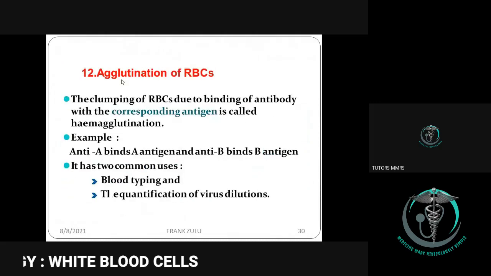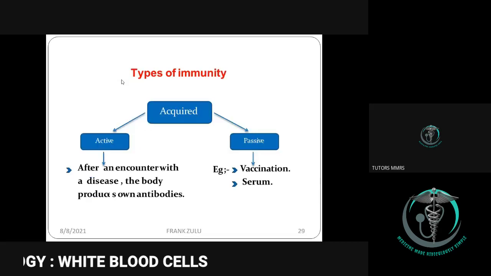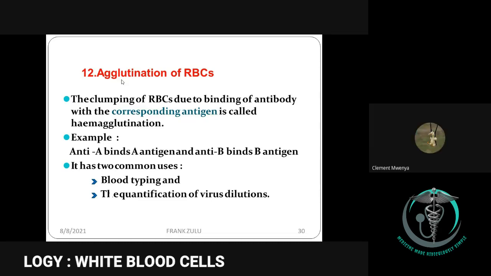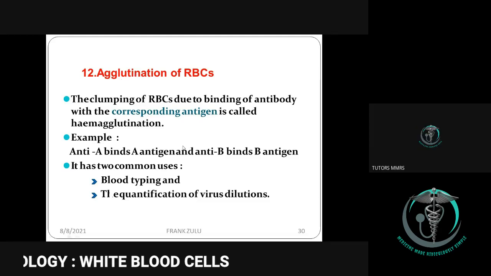What I want us to know is agglutination of red blood cells, or the ABO classification of blood cells. Okay. We did blood grouping with Dr. Frank, isn't it? Yes. Okay, so if we did blood grouping and we looked at how these are able to agglutinate,